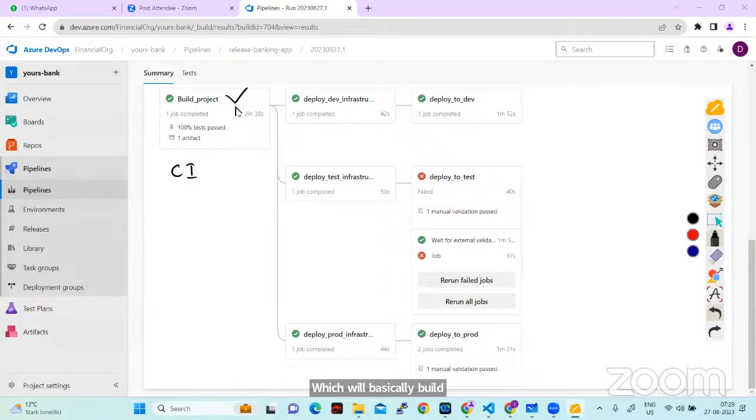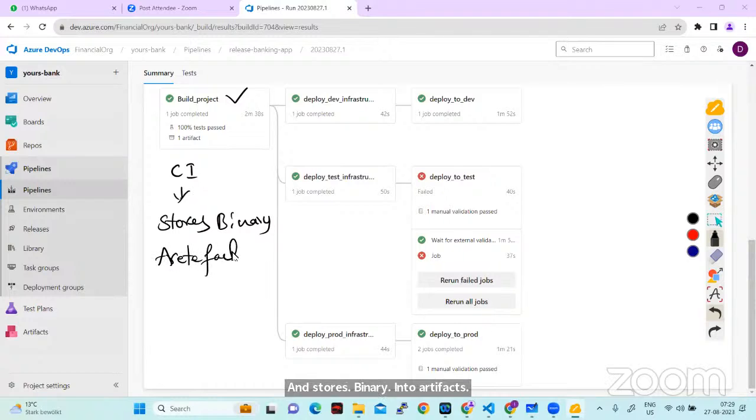And once the binary is built, it stores the binary into artifacts. Okay. So as I told you, then in the next step,